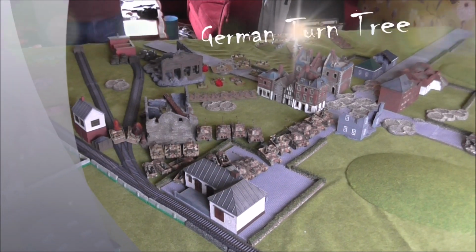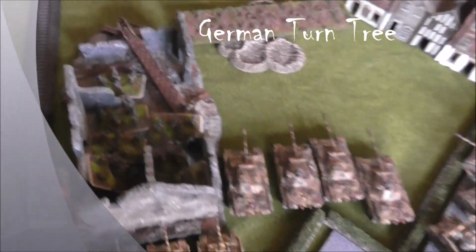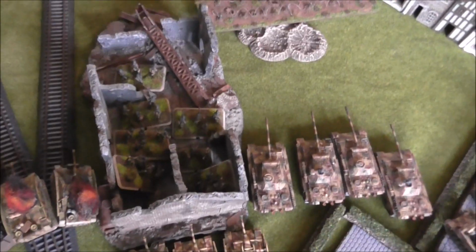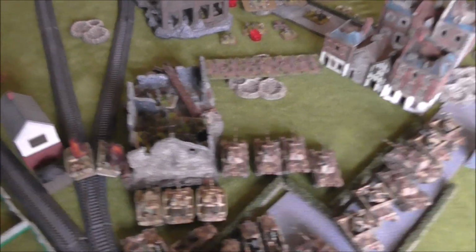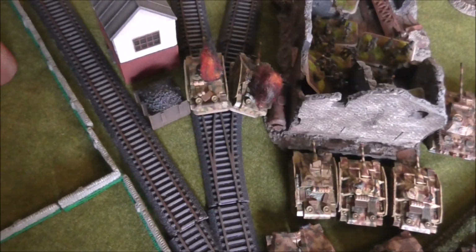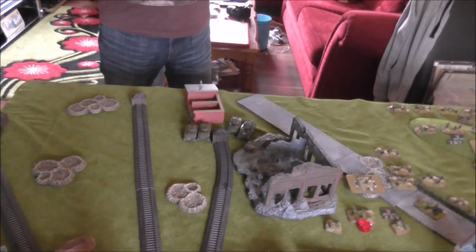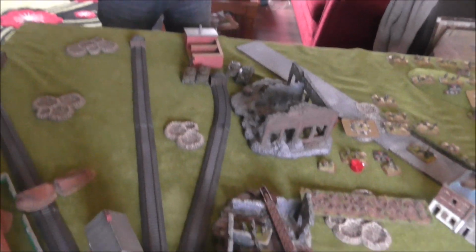So German turn 3, I moved my half-tracks back out of the way after debussing infantry into this terrain, so the infantry have got a good bit of cover there so they can start approaching the enemy. I tried to blitz my Stoogs across to here and they failed, so I just left them where they were. If they could have got 6 shots down there, might have done a bit of damage, as 3 shots isn't